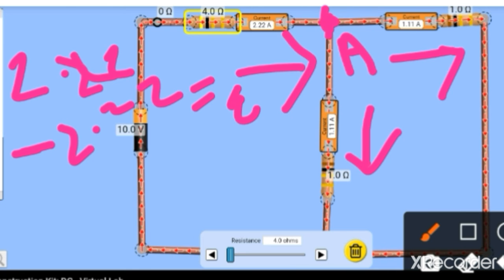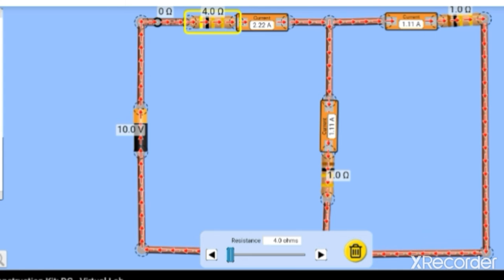So this is Kirchhoff's current law. At the node point the net current will be 0. Summation of incoming current and summation of outgoing current is equal to 0. The theory part of this KCL I have explained in my last video. I have attached the link for that video in the description. Just go and watch it and get clear information regarding Kirchhoff's current law. So this is the practical circuit or simulation circuit for better understanding of the relationship between current and resistance and